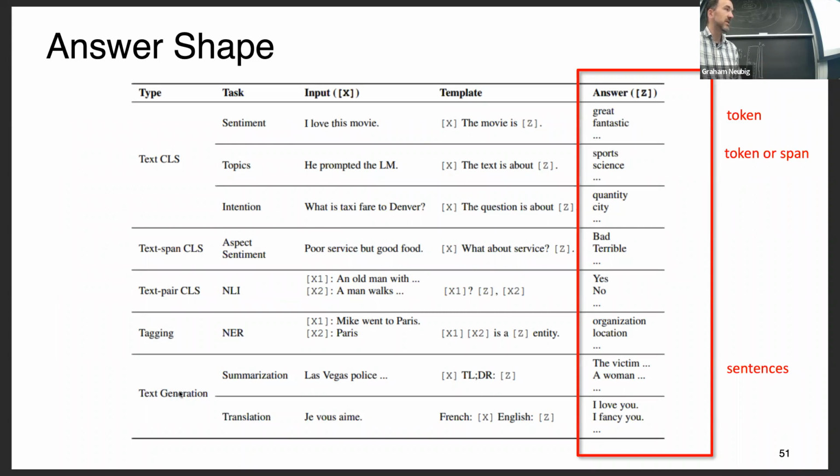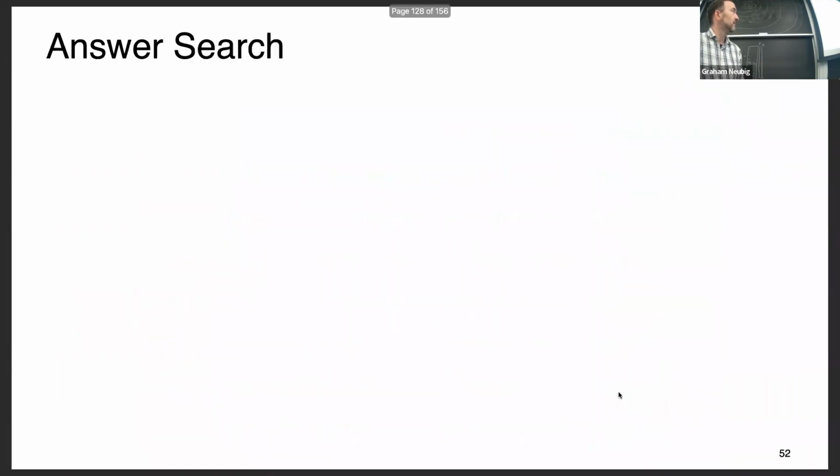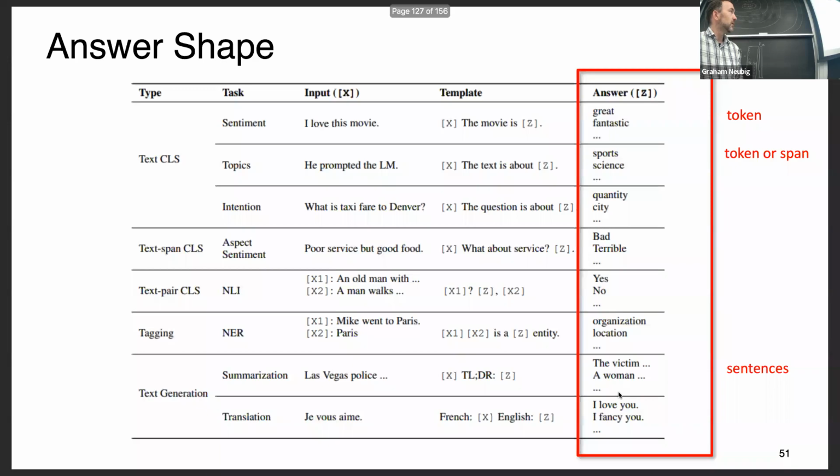As you get down to things like text generation, it makes more sense to just have it be freeform text and create the output. In text generation, most of the time the answer will be equal to the output, modulo any post-processing or things like this.